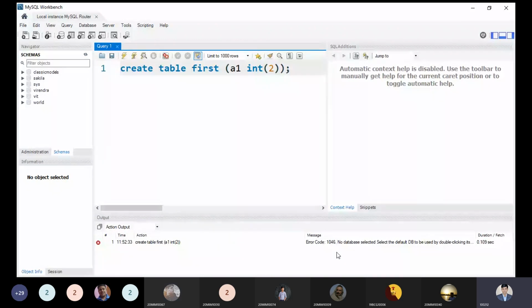So as per this, first we have to create the database. This query option you are able to see over here. In this query editor, you can use capital letters or small letters. It is not case sensitive. We can use anything as per the requirement. First we have to create a database.